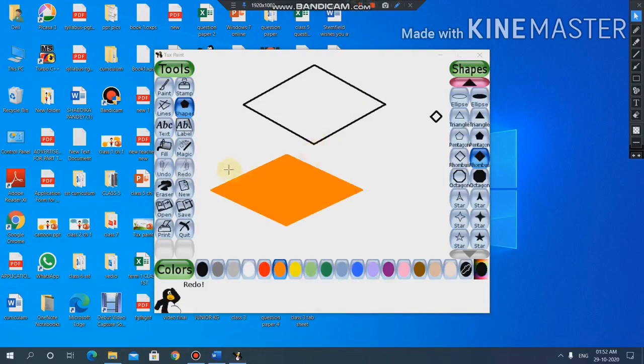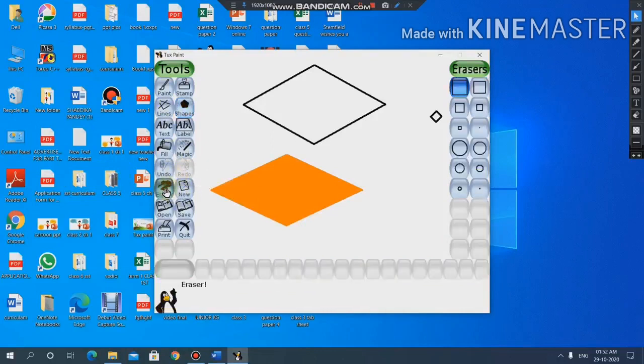Now the next topic is eraser tool. Where is the eraser tool? Here, in the toolbar we have an eraser tool. This one is the eraser tool. By selecting this eraser tool, you can see different shapes and sizes of erasers here in the selector. I am choosing this circle, and now what I will do, I will click on the left mouse button and drag my mouse like this. This is how I can erase my picture. It will make some sounds, and this is how you can erase your picture.